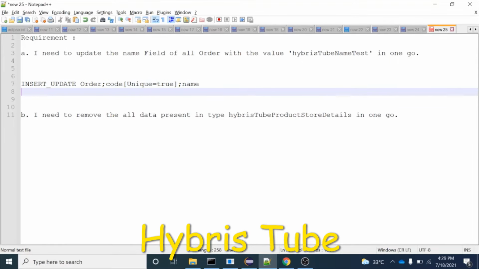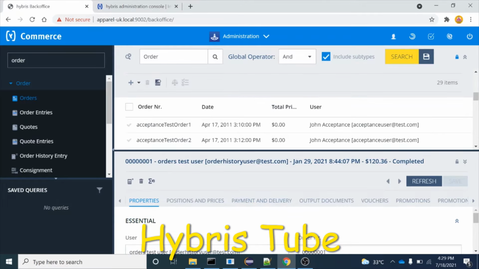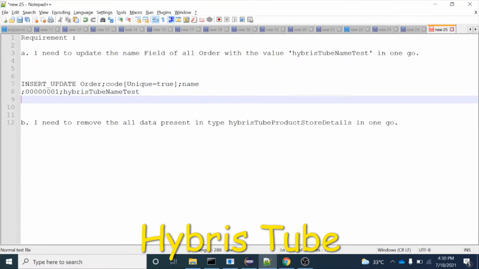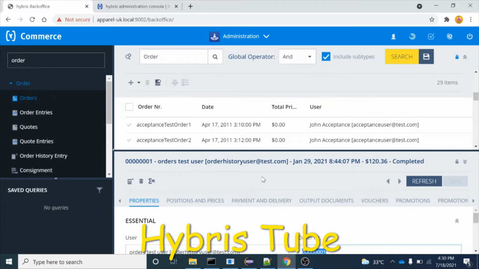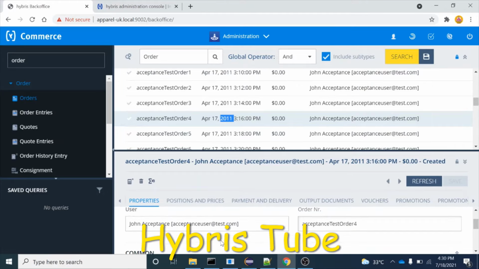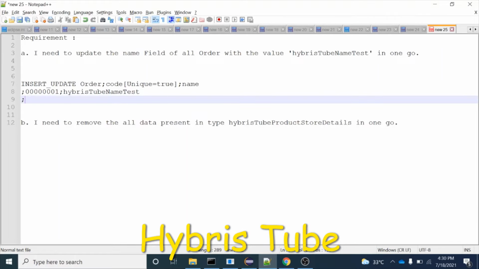This is the conventional way. There I will write the code, for example, this one, 001. I will write like this code, and then I will update its name as this one, Hybris Tube name test. In the similar way, I will write the second order number as well. This is the second one, and we have already studied this in our previous video. So if you run this Impex as well,